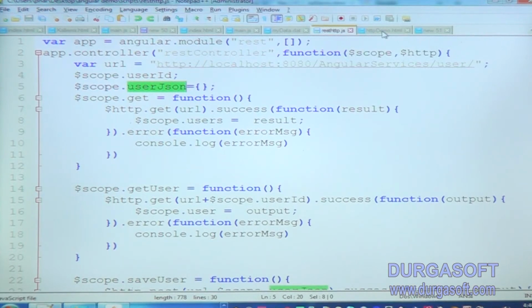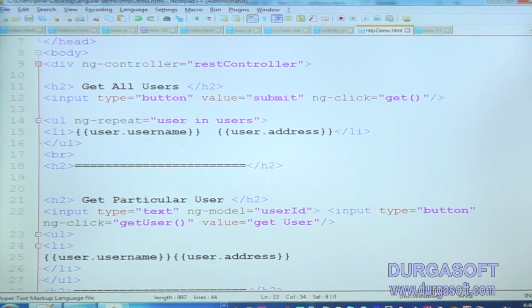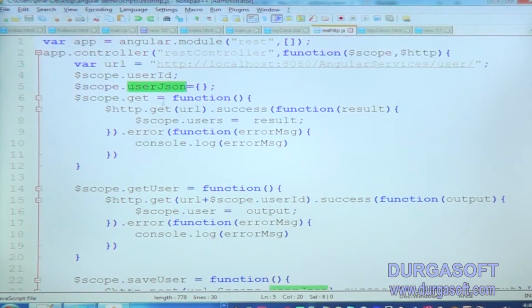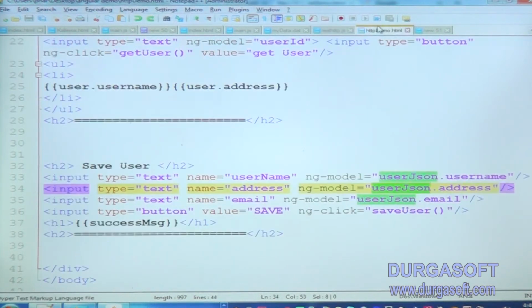And in the front end, for each text box I am giving ng-model names userJSON.username and so on. So I am always pointing to the userJSON object. The properties of userJSON I am specifying as username, address and email. Likewise I am passing my data.